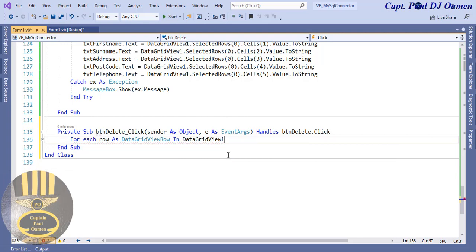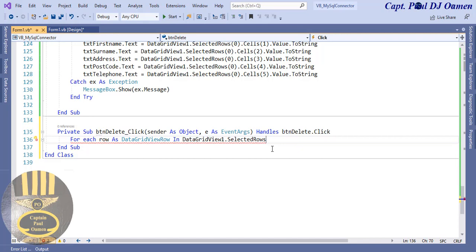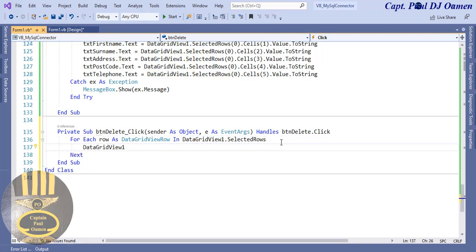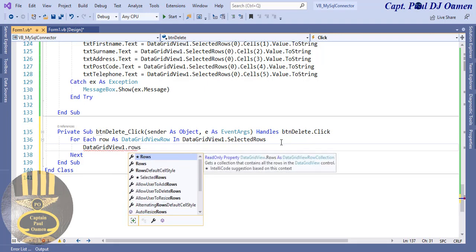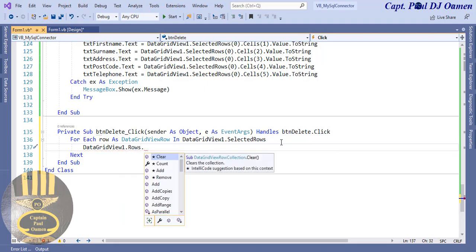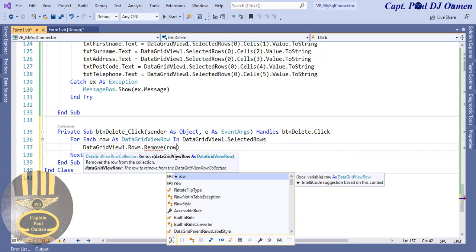View 1 dot selected rows, and that selected row we want the data grid view. Copy that, press enter here. Data grid view dot rows dot remove, just to remove whatever we have on that row. There,